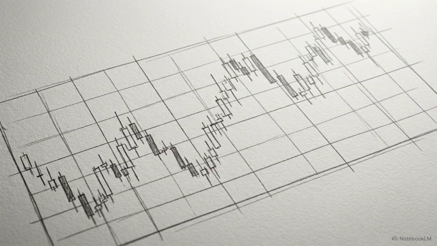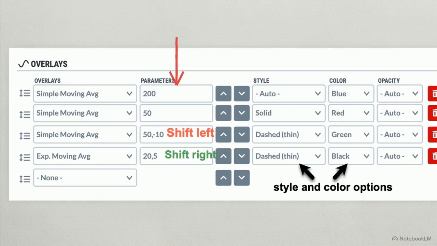First, open your charting platform. We need to add two specific overlays to the price data. Add a 200-period simple moving average, or SMA, and a 50-period exponential moving average, or EMA. The SMA averages closing prices over a set time frame, while the EMA applies more weight to the most recent